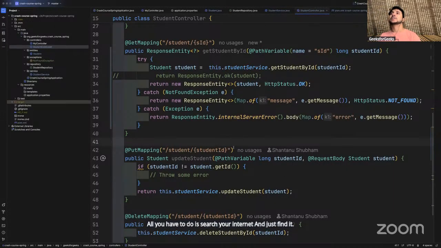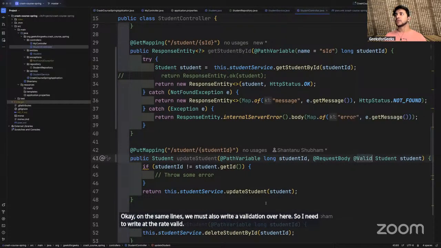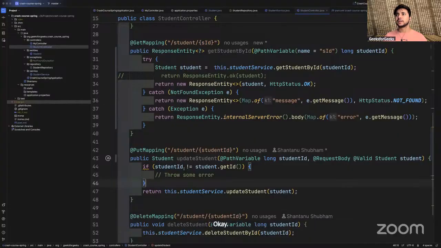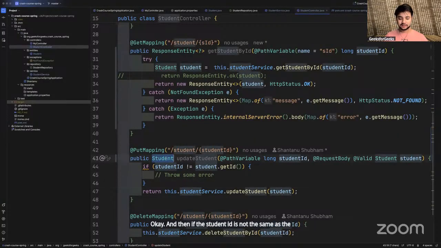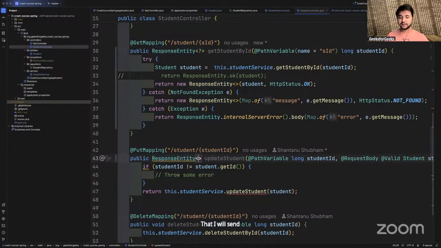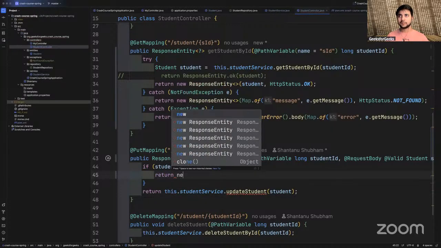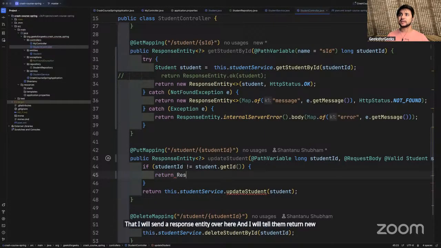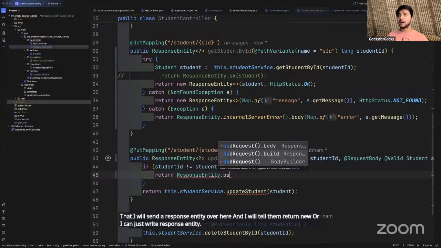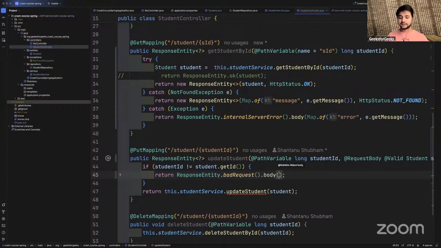Okay. On the same lines, we must also write a validation over here. So I need to write @Valid. Okay. And then if the student ID is not the same as the regular ID, then I will send a response entity over here. And I will tell them, return new, or I can just write response entity dot bad request, and I can write map dot of.